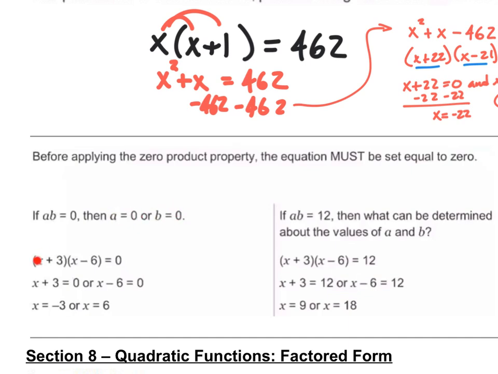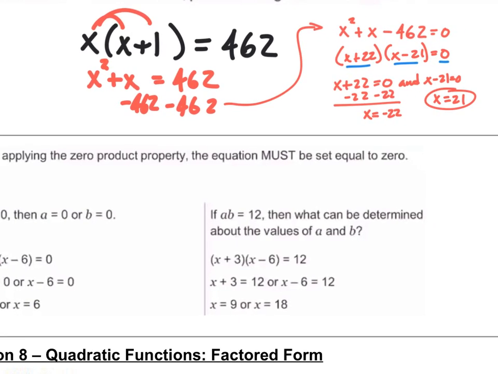But the problem is that you can't always get that. If you have the product of these two numbers equal to an actual number, then